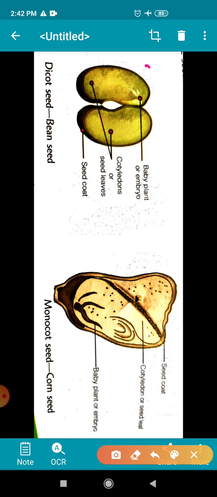Seeds may be of two types: dicot seeds and monocot seeds. Children, dicot seeds have two cotyledons and monocot seeds have one cotyledon. Examples of dicot seeds are gram, peas, beans, etc. And examples of monocot seeds are rice, maize, wheat, etc. Now,